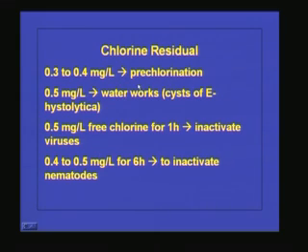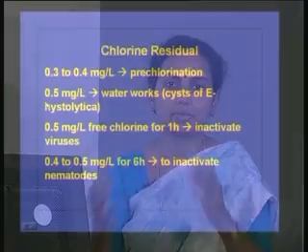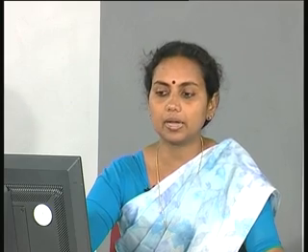And we know that we have to maintain a chlorine residual in the distribution system, because we have to take care of the microorganisms that can enter the distribution system. So, according to the standard, we have to maintain 0.3 to 0.4 milligram per liter of residual chlorine in case of prechlorination,